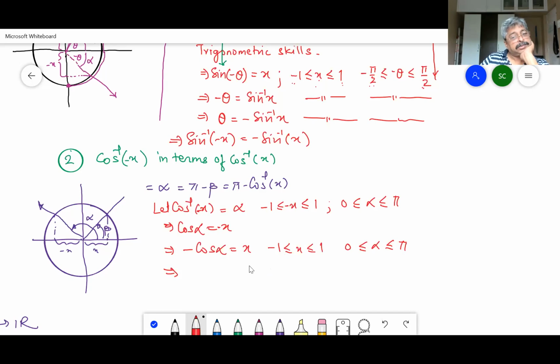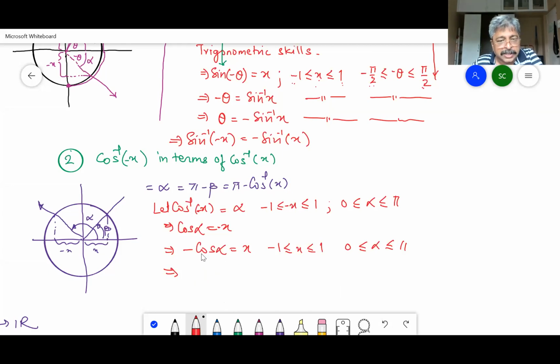Now let me do it in a wrong way. Trigonometry allows me to take this inside. So suppose I take it inside. Cos of alpha and cos of... no, okay. Trigonometry allows me to say cos of alpha is equal to cos of opposite of alpha. So this minus sign cannot be absorbed inside. Okay, so the minus sign has to be absorbed by your trigonometric skills.